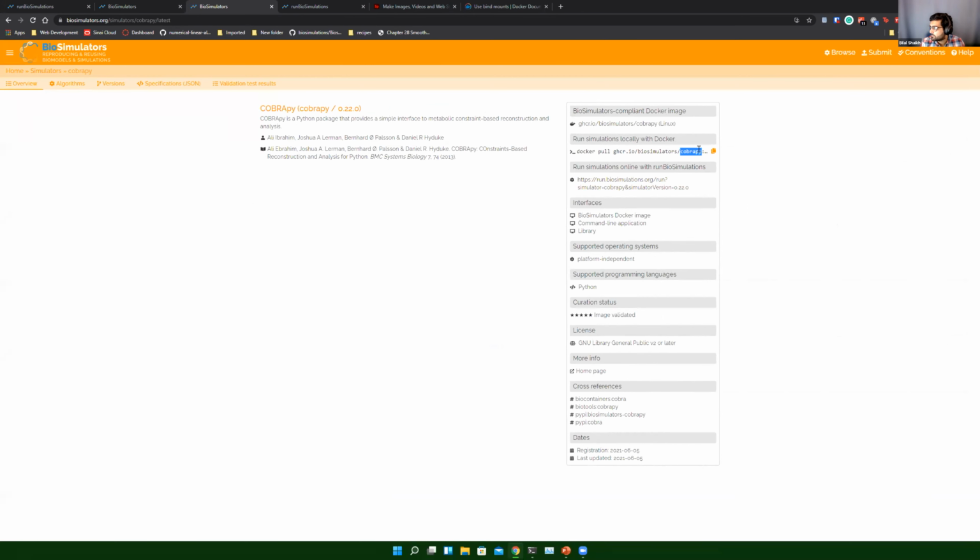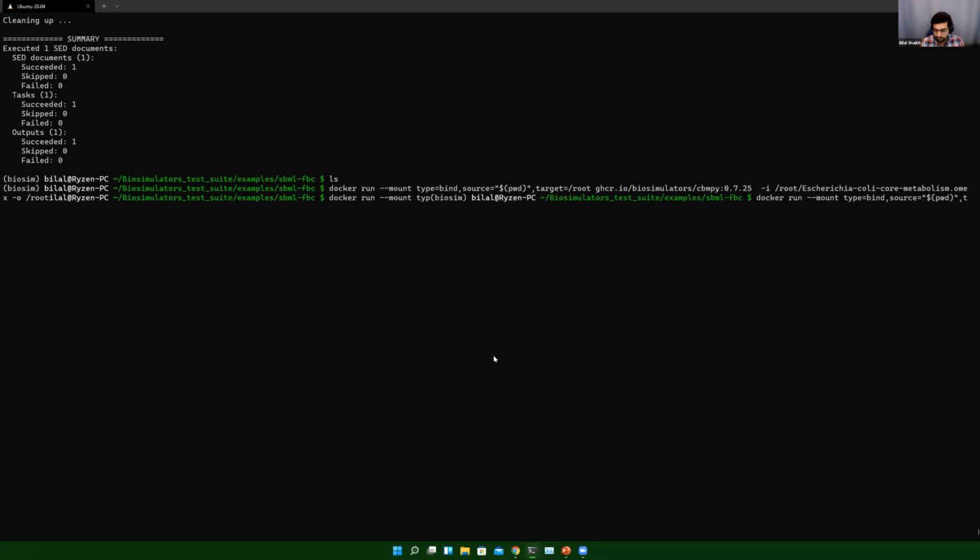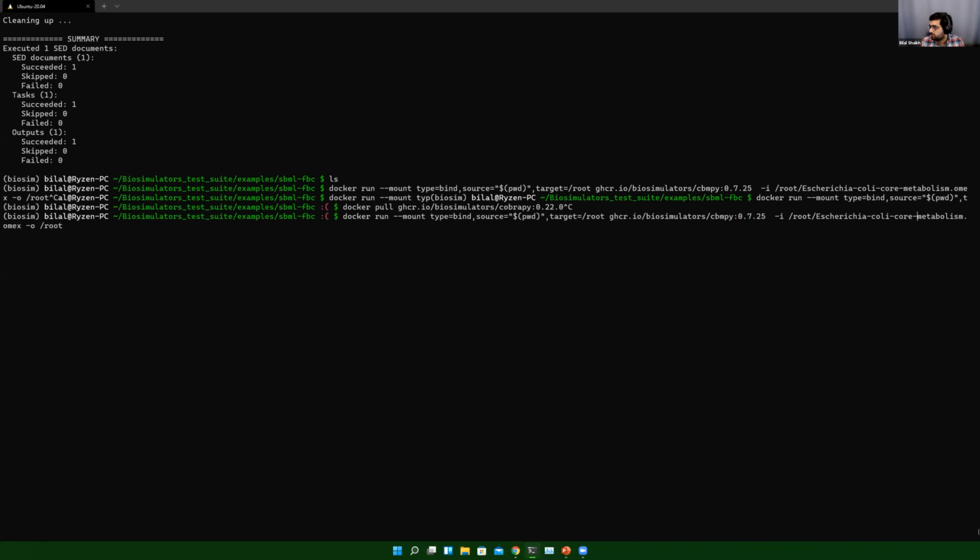All that we need to do is use this Docker image instead, CobraPy version 0.22. So I'm going to take the same command that I had earlier and just replace the name and version of the simulator that I'm using.